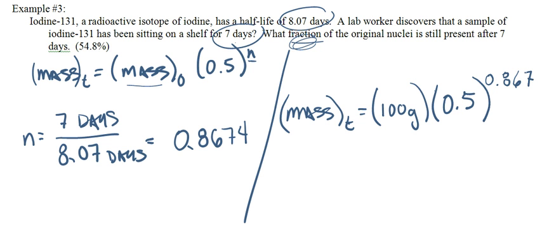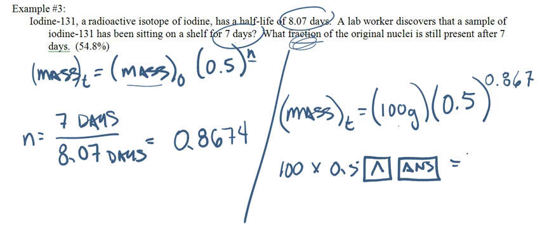If I type in 100 times 0.5 caret, and hit the answer button, that will give me 100 times 0.5 to the power of my answer, around 54.8 grams. And to find percent, take what you have